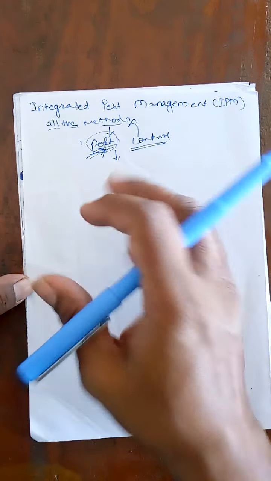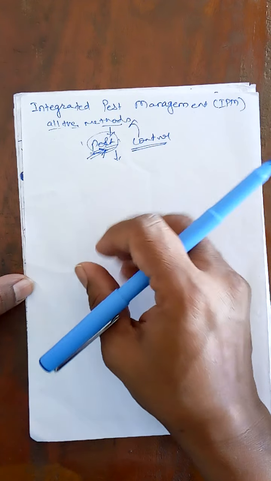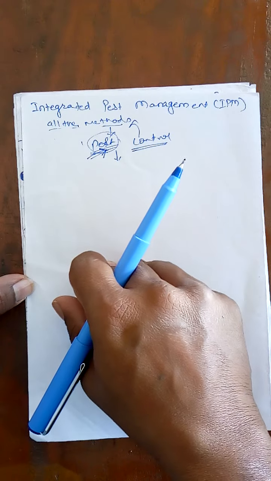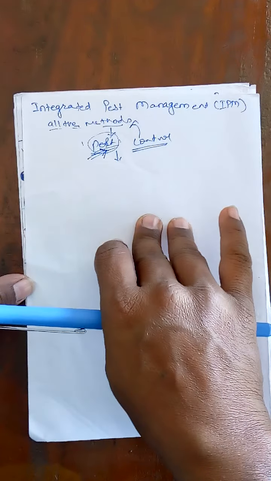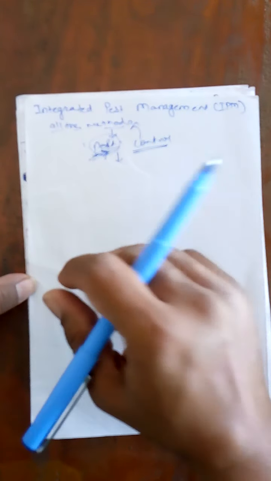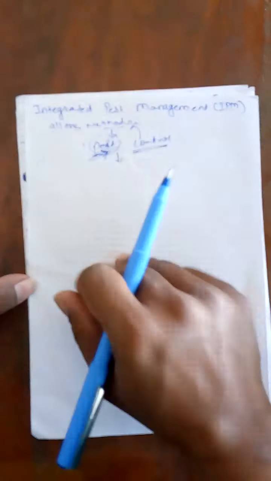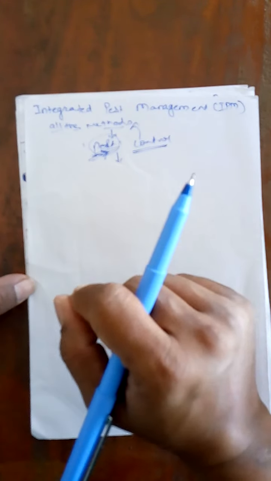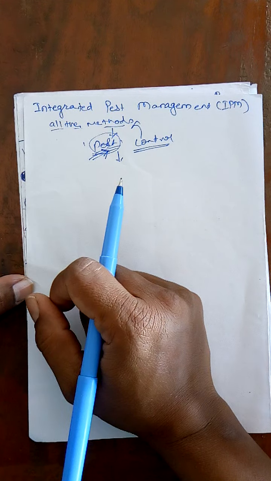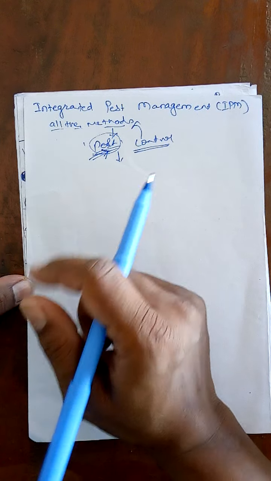So in simple language we can say that when we are using different techniques, for example chemical and biological control, and making the integration of these chemical and biological controls and of all suitable management techniques with the natural regulating and limiting elements of the environment, we call it IPM. The term integrated control was first used to denote the blending of biological control agents with the intervention of chemical control.